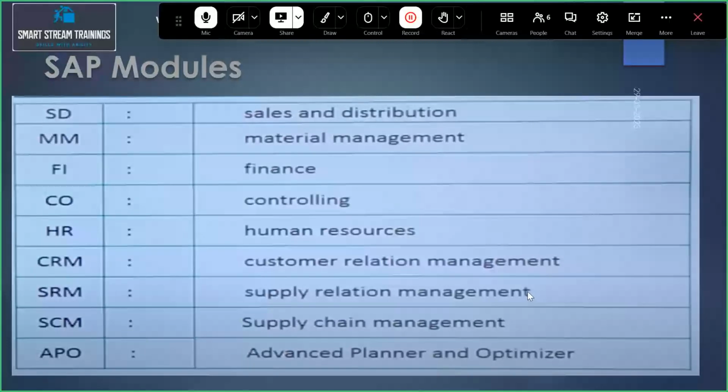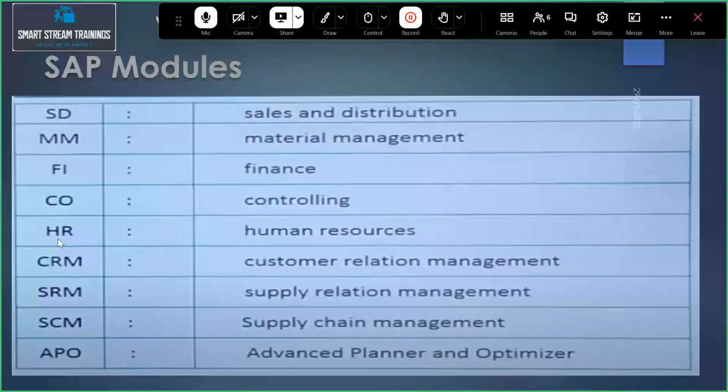I already told you SAP has almost 200 above modules. A few of the module names: SD, Sales and Distribution; Material Management; Finance, Controlling; Human Resources; Customer Relationship; Supplier Relationship Management; Supply Chain, Advanced Planner.